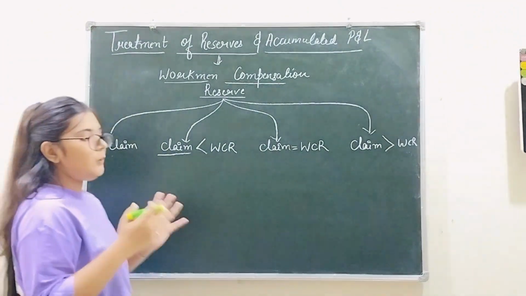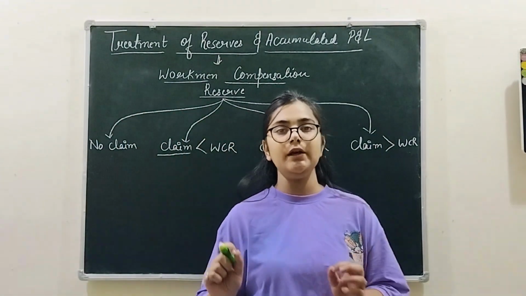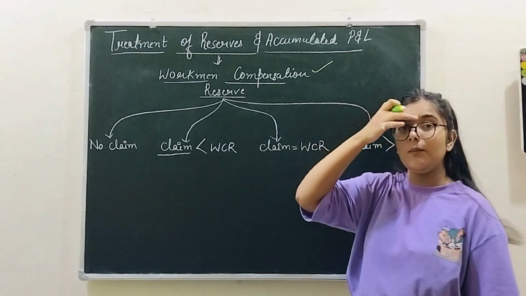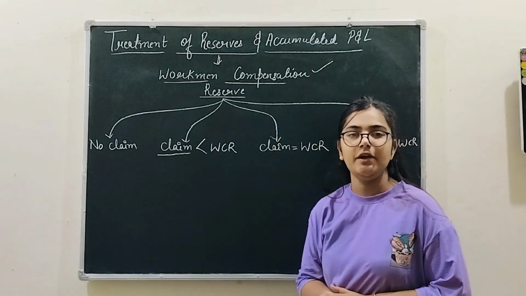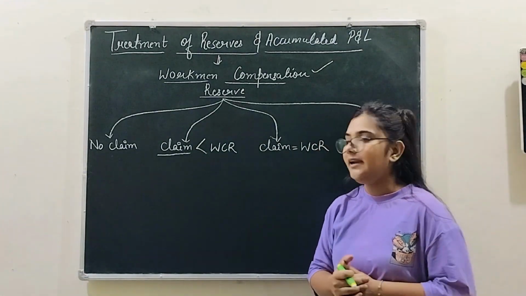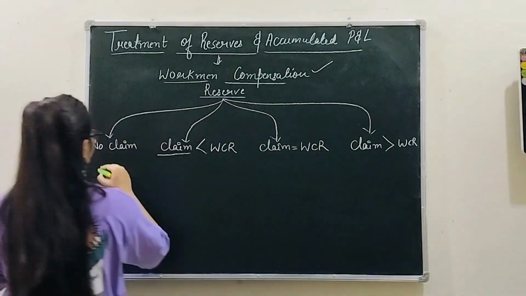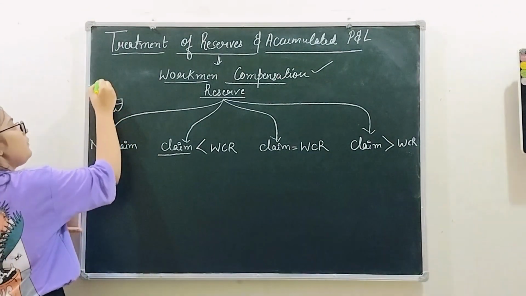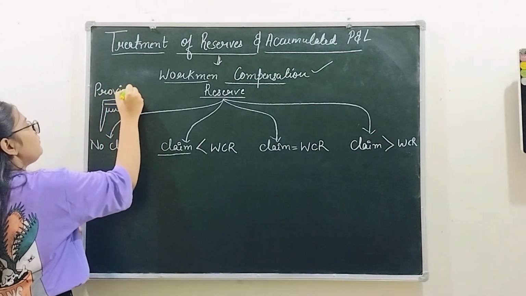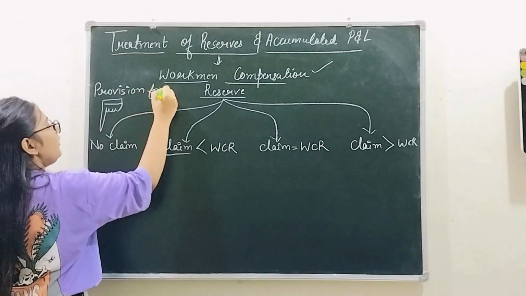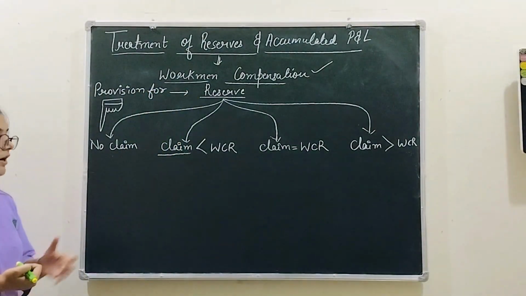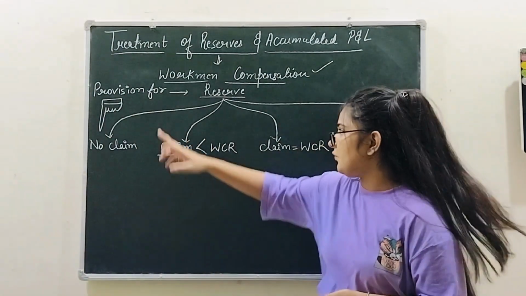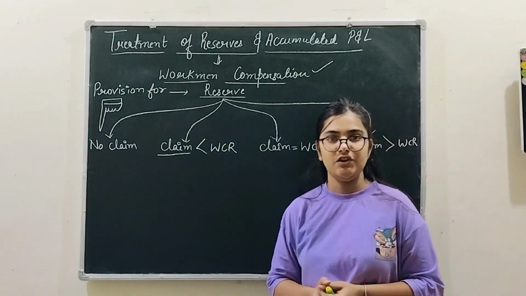Now before starting with these four concepts, I want to clear one thing for you. Now that is about your two things. सबसे पहले तो रहेगा आपका वर्कमेन कंपेंसेशन रिजर्व जो आपकी बैलेंस शीट में अपीयर करेगा लायबिलिटी साइड, right? Now for this claim, the word that we are going to use, ठीक है, is the provision for workmen compensation reserve. ठीक है, तो इस क्लेम के लिए आप जो हेडिंग यूज करोगे वो यूज करोगे provision for workmen compensation reserve, right?